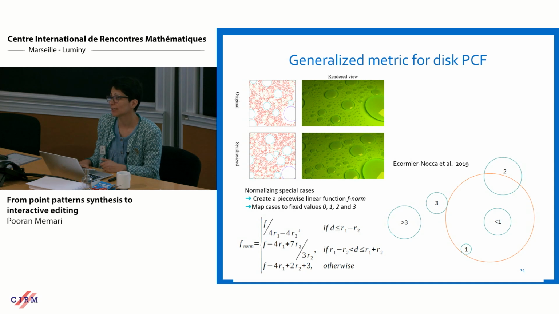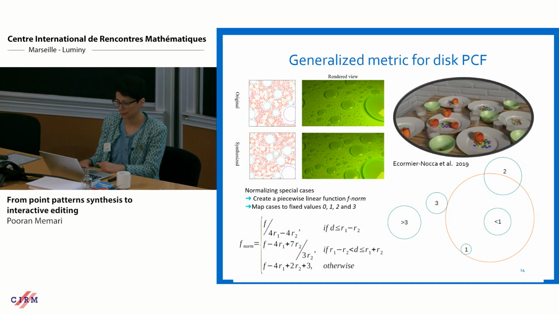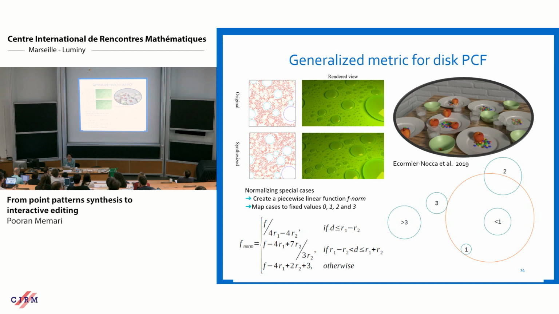And it has been used during the years for different applications in point process and point pattern synthesis. So it allows you to nicely capture, for example, such a complex configuration where you have the fruits that need to remain inside the plates, the glasses that should be outside the plates, the Smarties inside, etc. So these are very, very hard constraints that you cannot necessarily encode in a simple model, but through